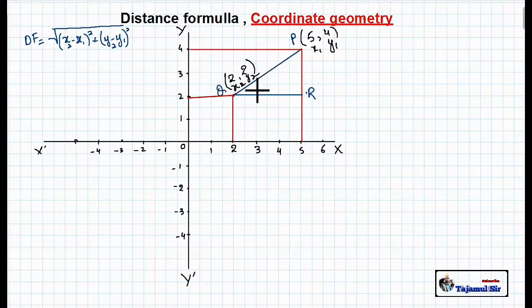So to find the distance of QP, here we use a formula, that is the distance formula. Now I will write down here the distance of QP. QP is equal to, the distance formula is here, under root of. Now we can easily find out the distance between P and Q by the distance formula. This is our distance formula: x2 minus x1